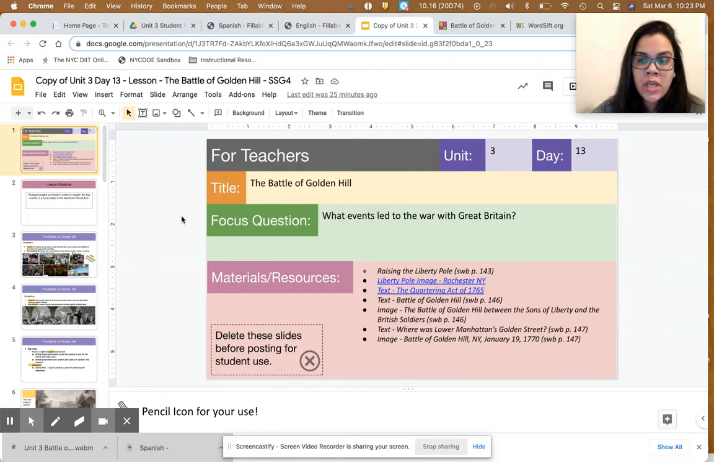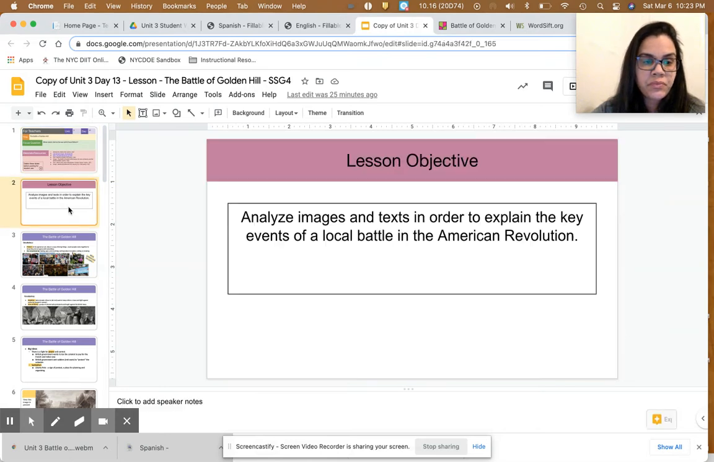Our goal is to create content in social studies for our multilingual learners and English language learners during remote and blended instruction. The lesson that I'm focusing on today is the grade 4, unit 3, day 13 lesson titled The Battle of Golden Hill. Our focus question is what events led to the war with Great Britain? The lesson objective is to analyze images and text in order to explain the key events of a local battle